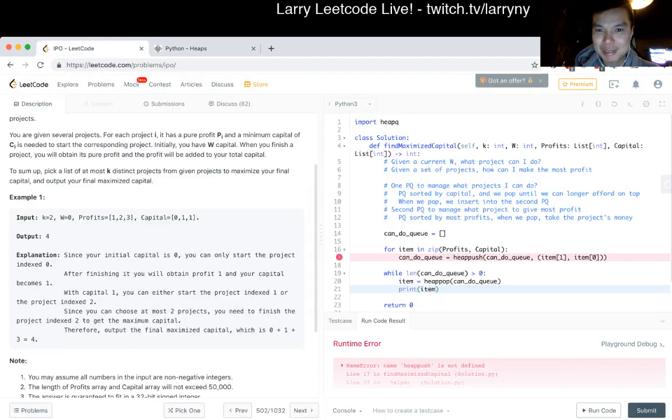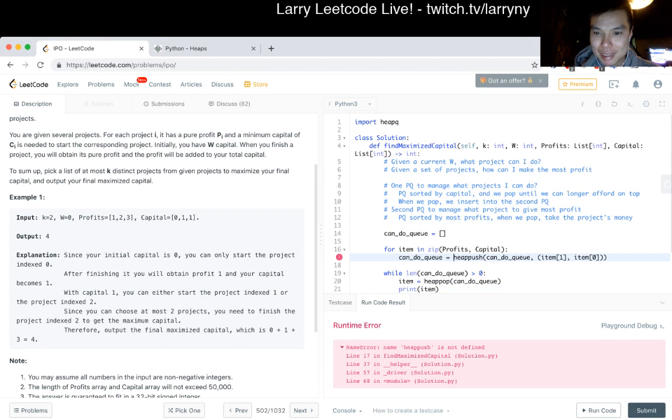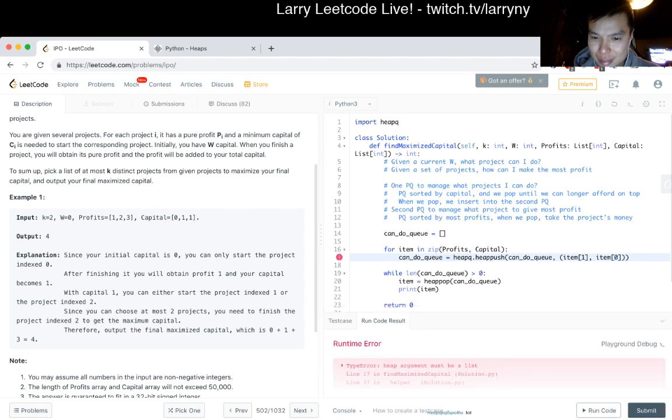So it does seem like... Did I misspell this? Heapq. Nope. Heap element must be a list.